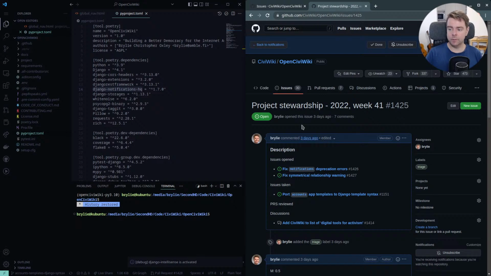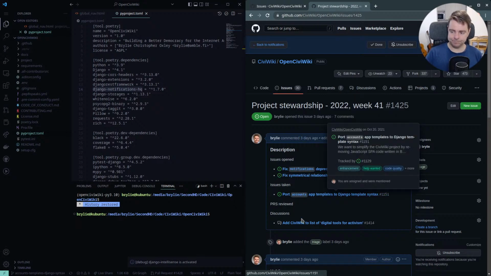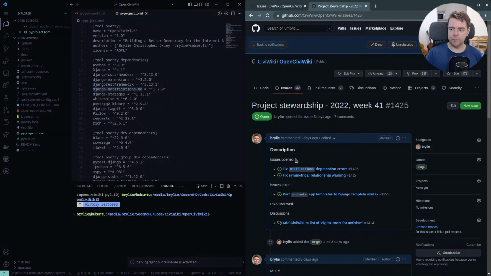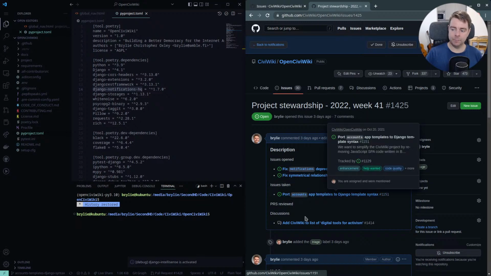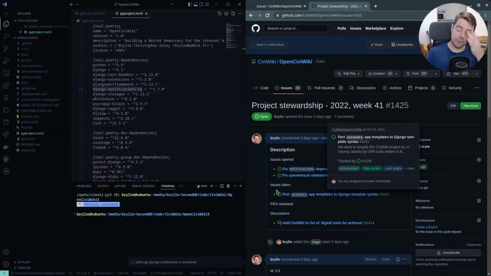GitHub. And for a while, I was doing individual issues and pull requests, but then I realized that as this project has accelerated, this Open CiviWiki project during Hacktoberfest in particular, I needed a meta issue for the types of tasks I'm doing. Opening some issues and mentoring some issues. I've taken one and I'm opening pull requests and reviewing pull requests, and I'm actually not doing so good this week.